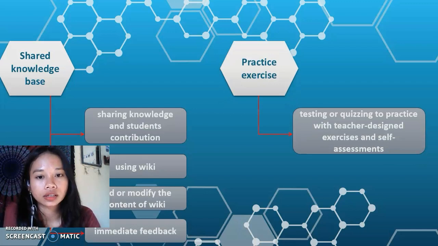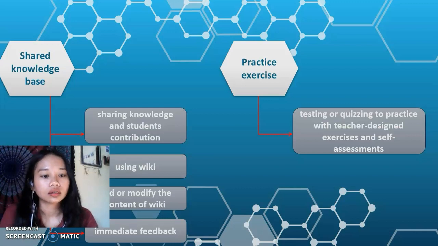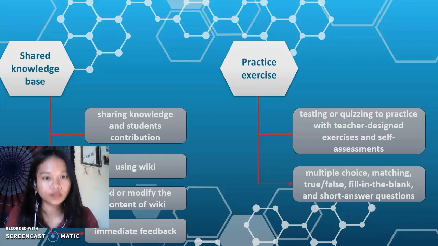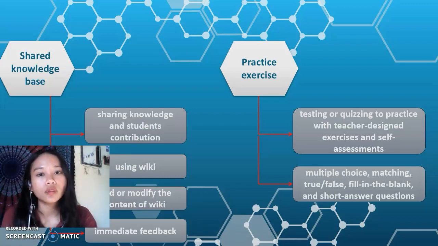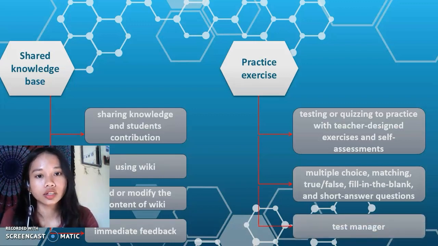Next, we have practice activity. It is testing and quizzing for learners to practice with teacher-designed exercises and self-assessment. Here, the teacher can address many levels of thinking skills through the use of multiple choice, matching, true/false, fill in the blank, and also short answer questions.